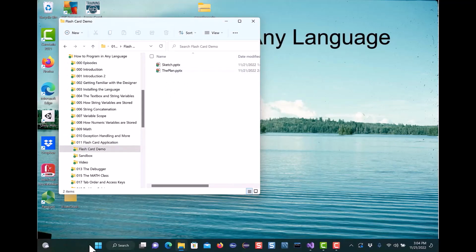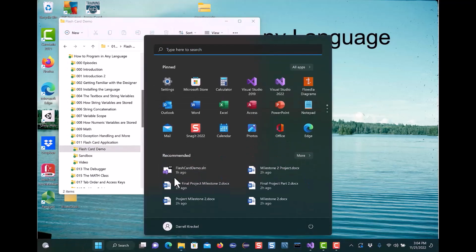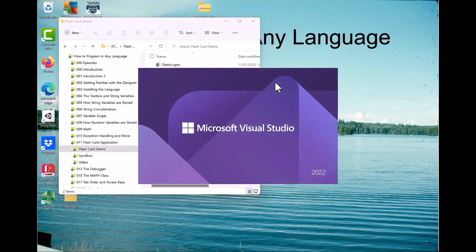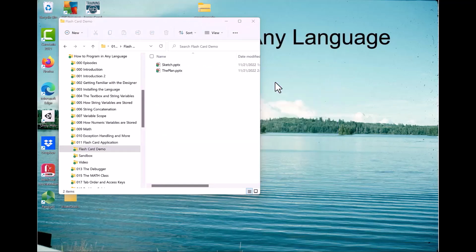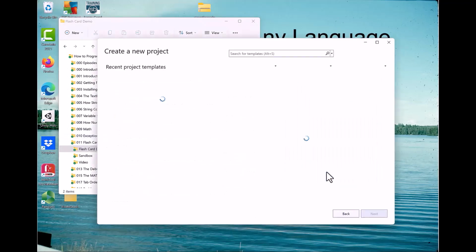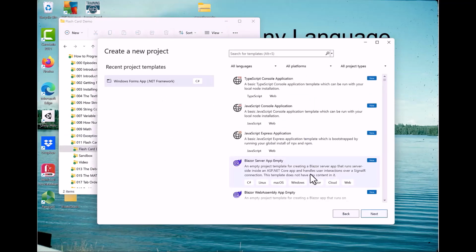Next thing I'm going to do is bring up Visual Studio. So I'm going to bring that guy up so we've got it coming to the surface so we can actually work on this thing and make something happen. Visual Studio pops up with this little thing here. We want to create a brand new project, so we click on this. And it comes up with a